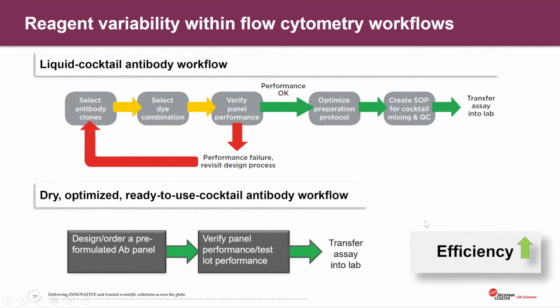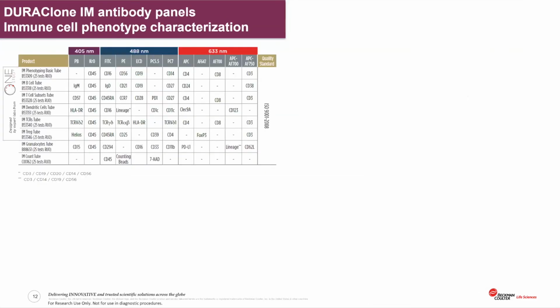So this is how we increase the efficiency, and this is how we develop these therapies much quicker. This is just a Beckman Coulter immune cell phenotype and characterization panel. It's called the Duraclone IM antibody. And these specific 8 panels were designed with